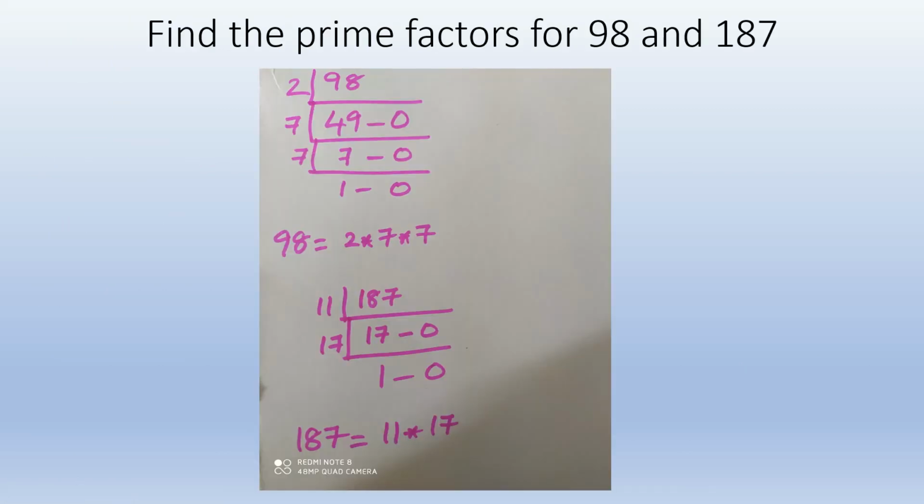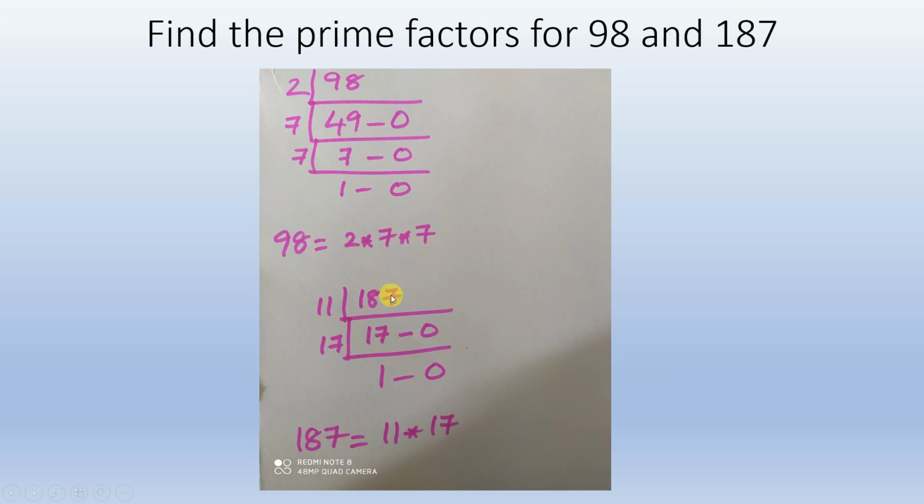Okay, now you have to find the prime factors of any given number. Here the given numbers are 98 and 187. What about 98? You always start with 2. 2 is the least prime number. Check whether 2 divides 98. Of course 2 divides 98. 2 49s are 98. Then the next prime is 3. It doesn't divide 98. Next is 5. It doesn't divide 98. What about 7? 7 sevens are 49. So 98 is 2 into 7 into 7.